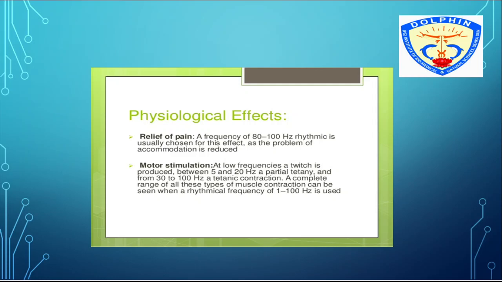Based on the pain gate theory developed by Melzack and Wall in 1965, it is theorized that short duration pulses at a frequency of 100 Hz may stimulate large diameter A beta fibers. In physiology, you all have read about the pain gate theory, that it works on the A beta fibers, alpha fibers, C fibers, during suppression of the pain. These have an effect on the gate in the posterior horn and inhibit the transmission of small diameter nociceptive tracts. So this is the pain gate theory during the application of interferential therapy.